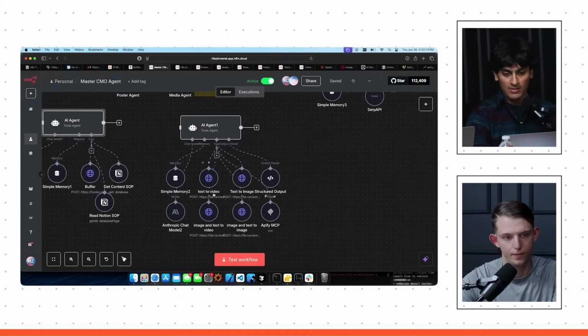So with those 4, we can go text to video, text to image, image and text to video, or image. And then we also have, again, the Apify MCP, but specifically, we're using this to scrape images off the web. So if we wanted a real specific image, it would scrape it from Google Images and send it back to the agent. Amazing. And that I think is really important. I actually really like the ability to get specific images. I think it makes any text output more fun if you have an image there.